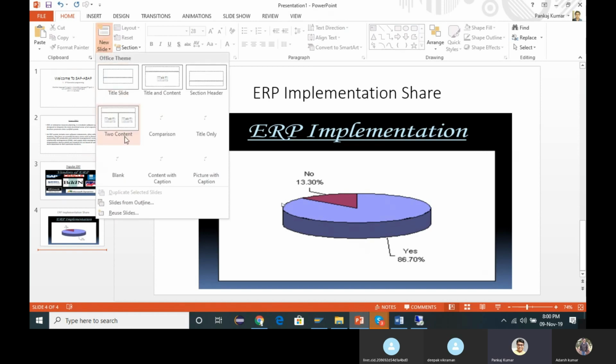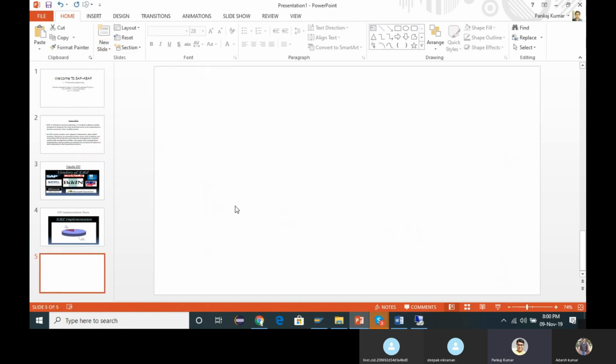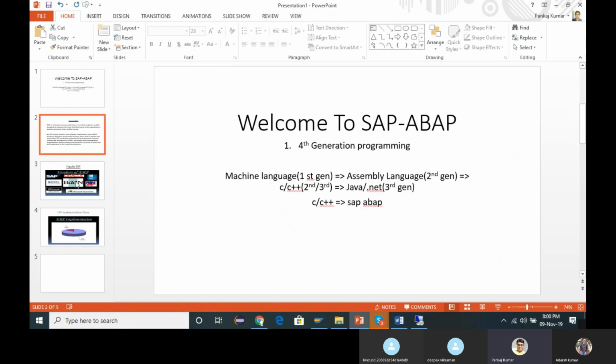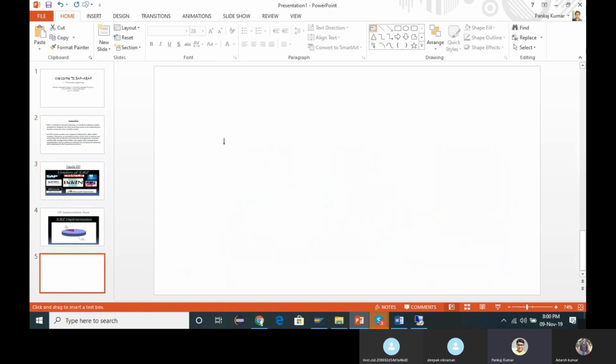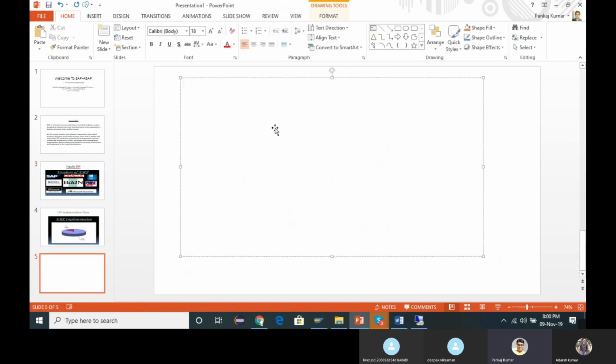So from here, our technical class is going to start. These were all a little bit of concept. From here, we are going to start the technical part. Here, in ABAP, we mainly go through RICEF. W represents workflow, and R represents report.